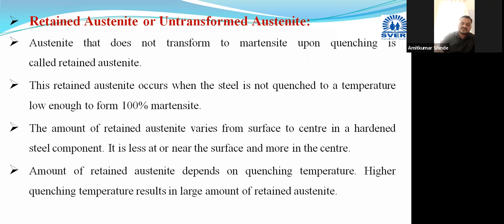If you are having any difficulty in today's part, I have finished the hardening heat treatment method along with its types, then the tempering heat treatment method along with its types. If any doubt is there in the hardening and tempering heat treatment process, please let me know. I will clarify it and then I will start the retained austenite. Or if there is no doubt, you can put that message in the chat box so that I can continue.